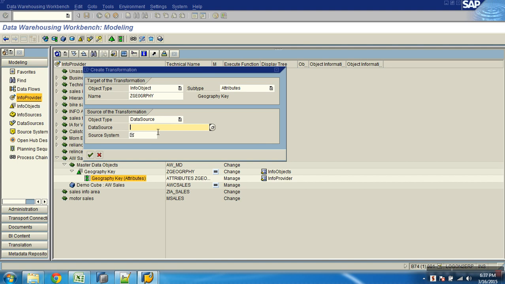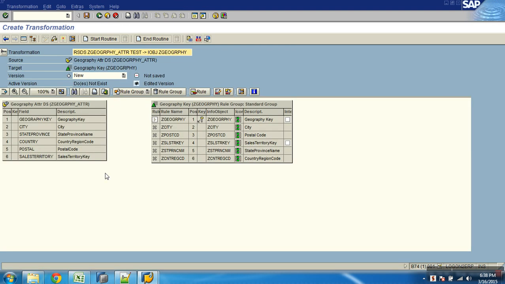So what will I say? Data source. Now it asks me the name of the data source, and then which source system of this data source. Wherever the data source name goes, its source system follows it, because a data source has no meaning without the source system. Now say okay. It takes me to a screen where I can start. The left object is my source object and the right side object is my target object. On the left hand side, source object is data source, so I get to see the list of fields. On the right hand side I see my info object master data, so I see what?